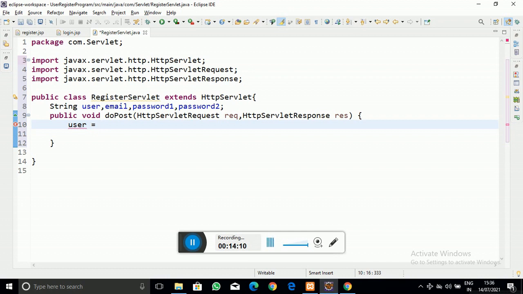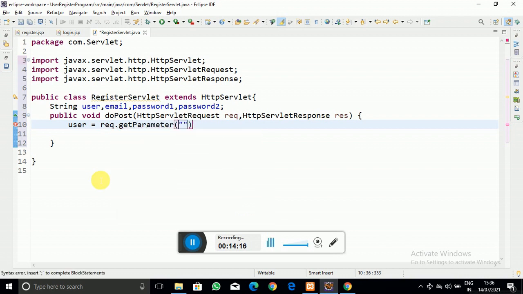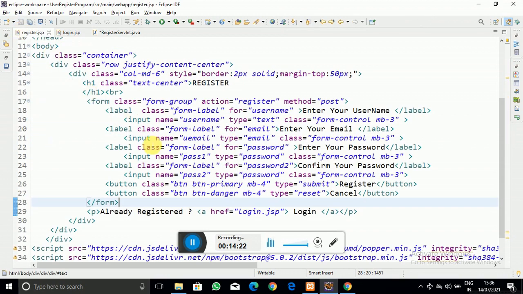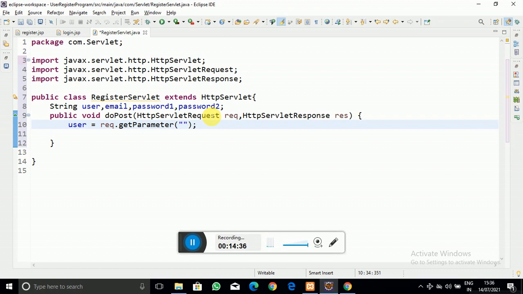User equals request.getParameter, and into the parameter value you have to write the name of the input field which you have given in the HTML form. As you can see here, I have given the name to that input field as username, so I have to write that here.